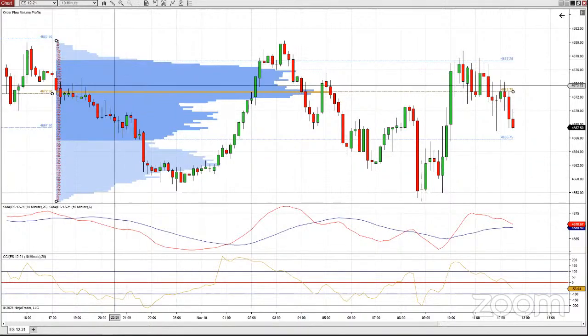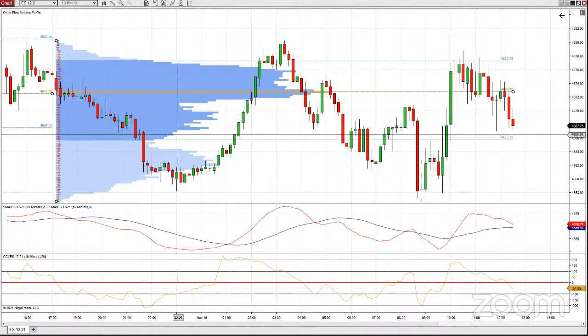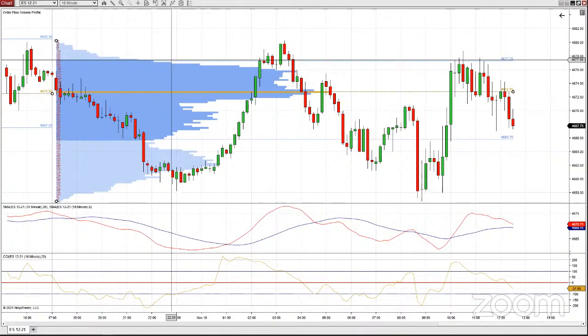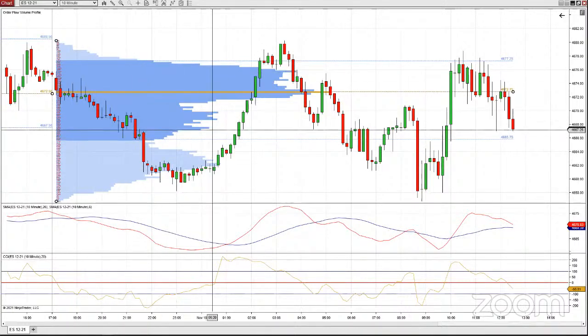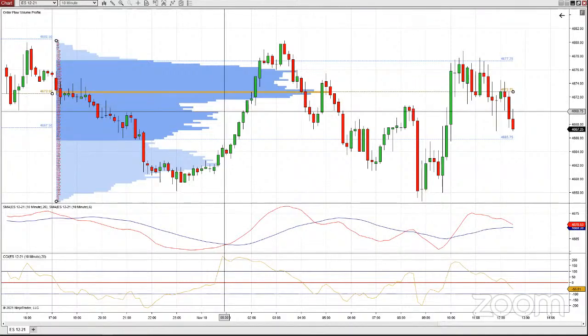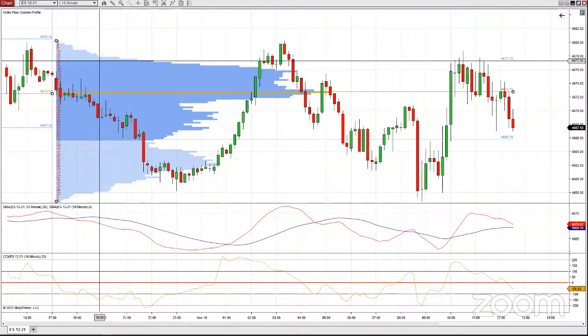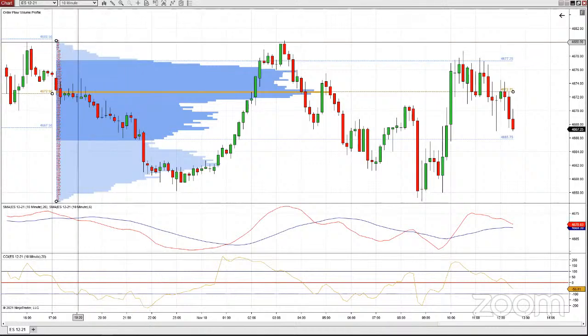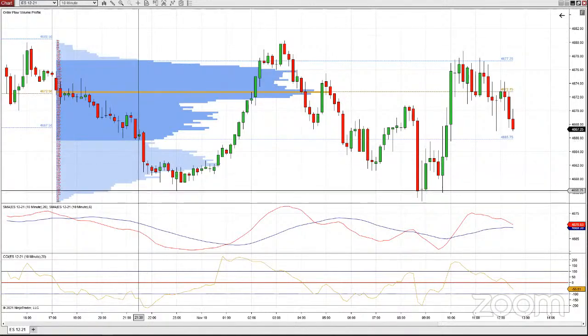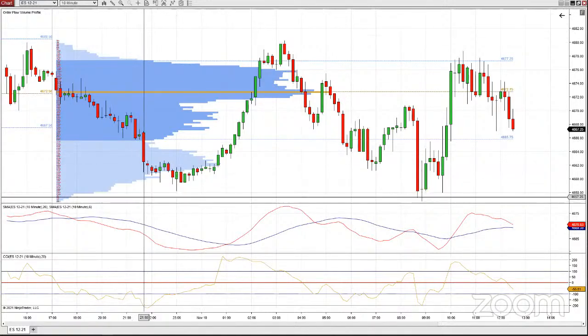The dark area here is called the value area. It's 1 standard deviation worth of volume around that median, and that's that 68 number we talked about. So it's the value area. The light blue on the top is called, well, believe it or not, prices above value. I know, not very creative, whoever named that one. And then the light blue below the value area, and you guessed it, prices below value.